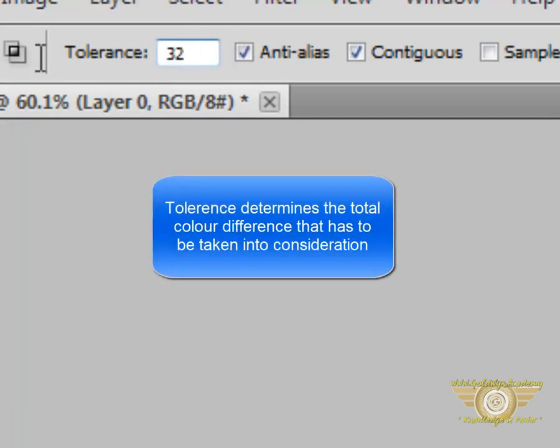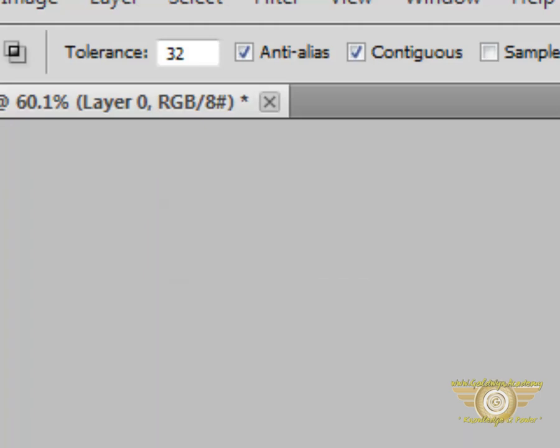The tolerance means that in the color range of the point that we have clicked from, how many pixels above and below the selected color should the magic wand tool select. For now we will leave the tolerance at 32 only,